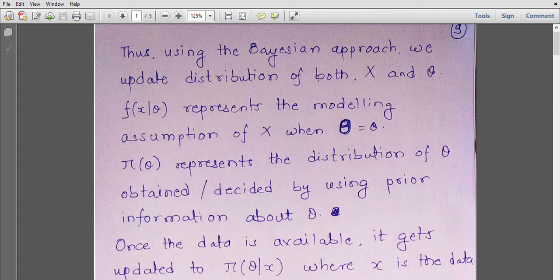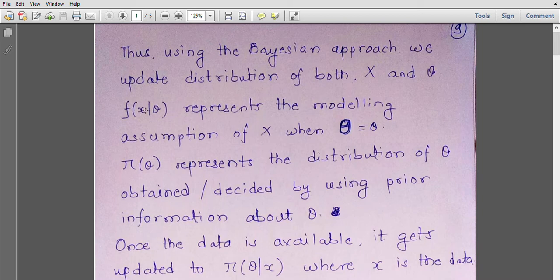Hello everyone. In the live lecture last week we discussed how Bayesian inference interprets data. We have a prior distribution attached with the unknown parameter involved in the data. Then we have certain modeling assumptions regarding the data and we use both these things to get the updated distribution of the unknown parameter. So in short, Bayesian inference procedure can be summarized like this.